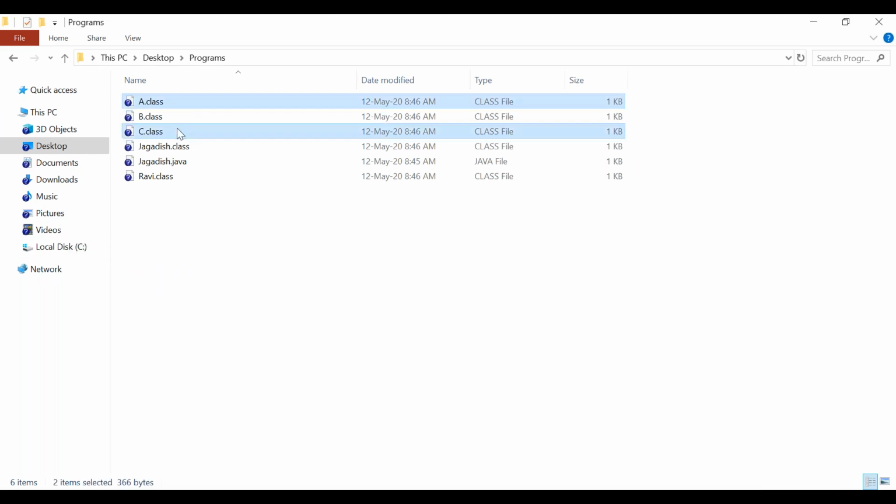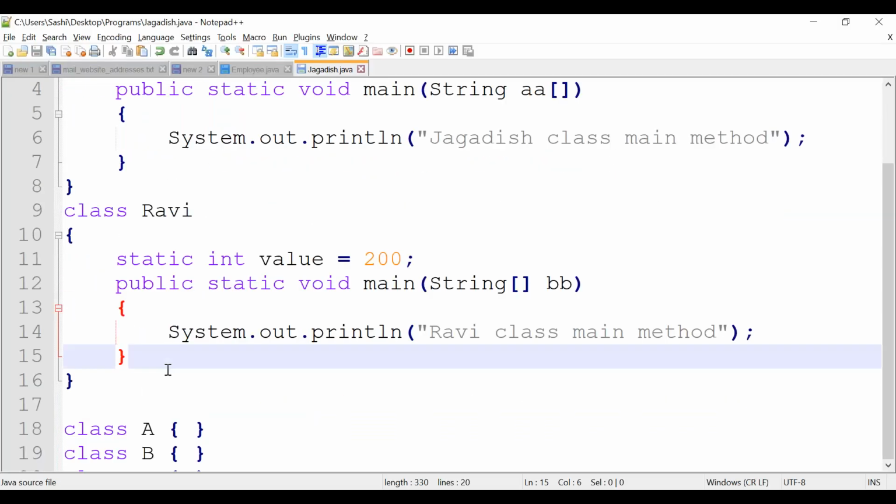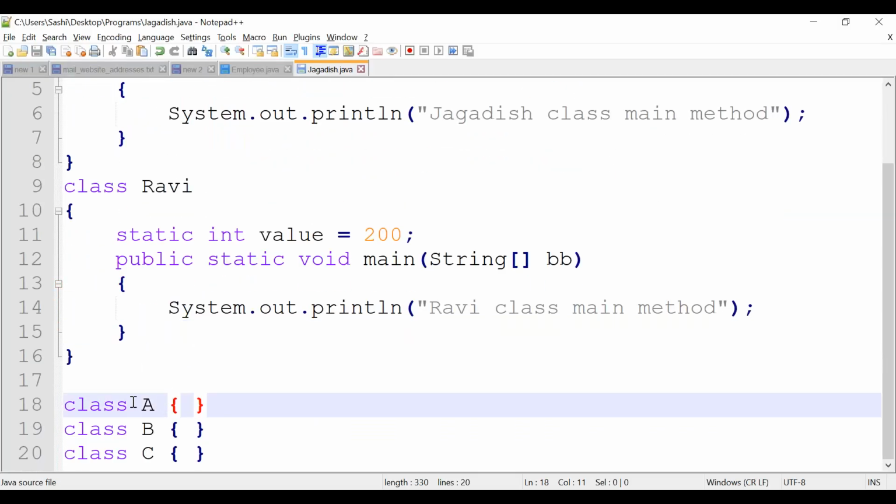A, B, C, 3 class files, right? Because we have declared 3 classes, but we didn't do anything here. A, B, C, these 3 classes do not have any methods, instance variables or static variables. Just we have declared a class. That's all.